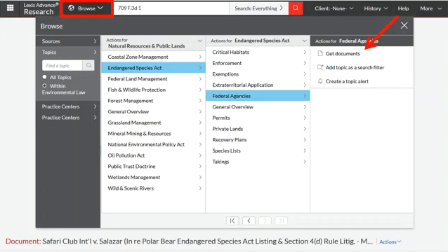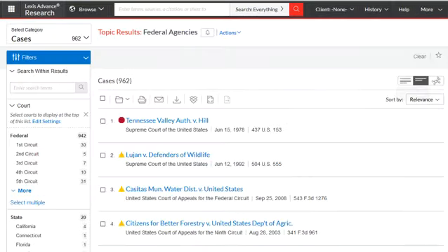But no matter how you got here, you can view other cases that have headnotes classified under this topic by clicking on the Get Documents link. This retrieves the cases that contain one or more headnotes on this topic. You can now narrow this result set using any of the narrow filters on the left, including a search within